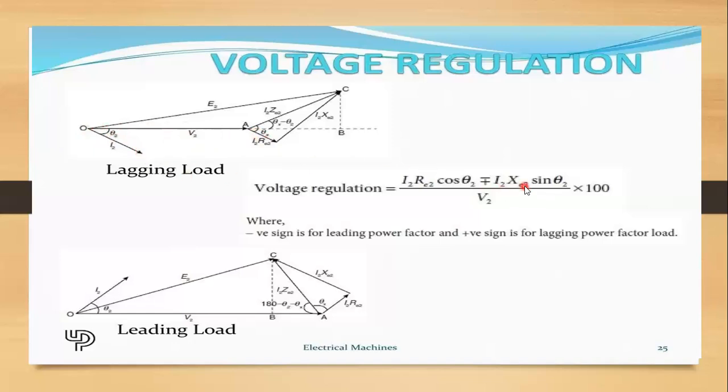And then I2 into Xe2. This is the voltage across the inductive reactance, so it leads by some angle. I2 Xe2 is called the voltage, and it is leading. So I2 Re2 is the voltage drop, and I2 Xe2 leads it by 90 degrees. And the resultant of these two with V2 gives E2. Understood? So the resultant E2 is nothing but the addition of V2, I2 Re2 and I2 Xe2.